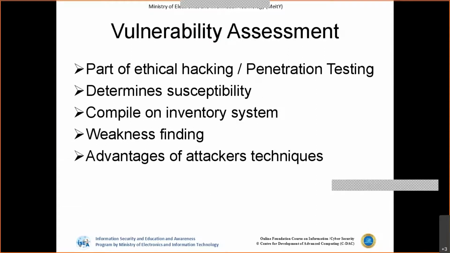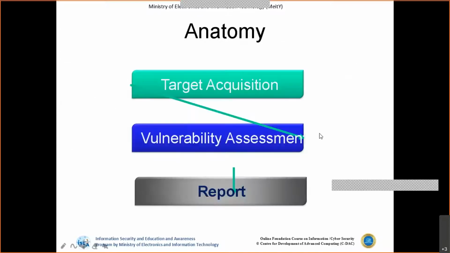So for this, we use a method called vulnerability assessment, because the same techniques can be used by both the attacker as well as security auditors, or for internal assessment of an organization. Generally, this is a part of penetration testing, where we try to assess the vulnerabilities associated with any particular service. Then we try to find out if there is a weakness associated with it. Before the attacker takes advantage, we need to analyze and understand the vulnerabilities. Then we have to take precautionary measures to avoid these vulnerabilities, right?